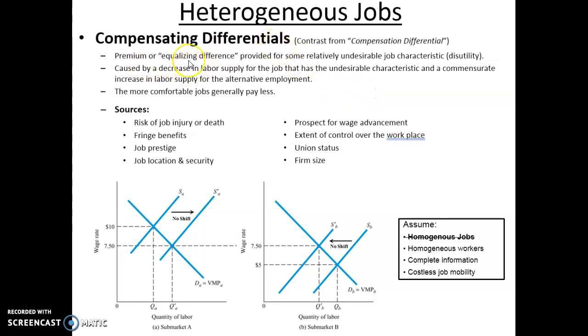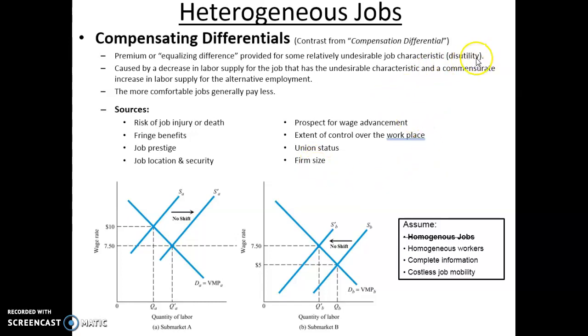This is a premium or equalizing difference provided for some relatively undesirable job characteristic, disutility. Simply put, some jobs are less desirable than others. Some jobs have a higher risk of injury or death. Some jobs are less prestigious. Some jobs give less control of the workplace, among other things. Very subjective interpretation. What one person finds as an undesirable aspect of a job, another person might find desirable. But we can all imagine a job that we would not want to do because of characteristics of that job